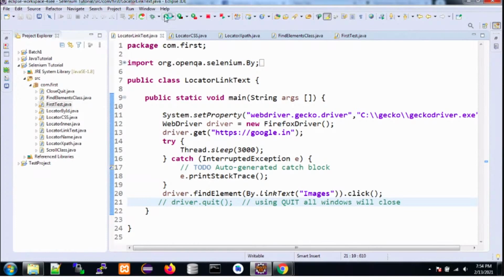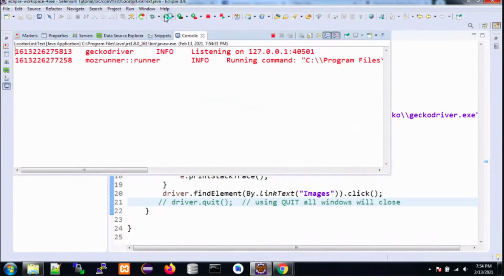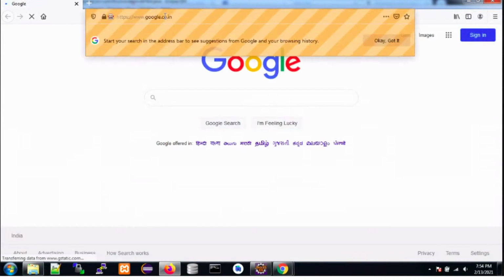It will open Firefox because we are using Gecko driver. It will open google.in. At this point, execution will hold for 3 seconds because of that thread.sleep line.